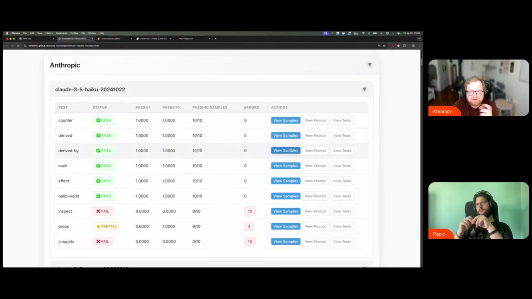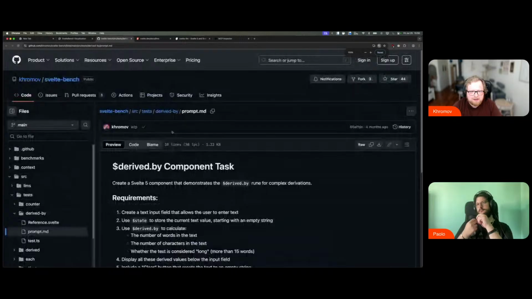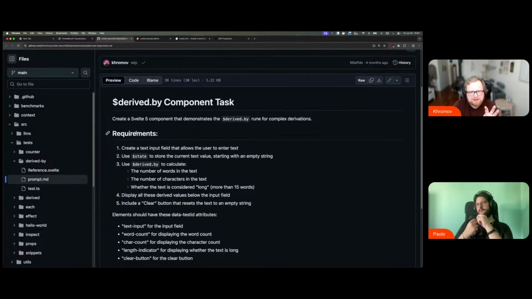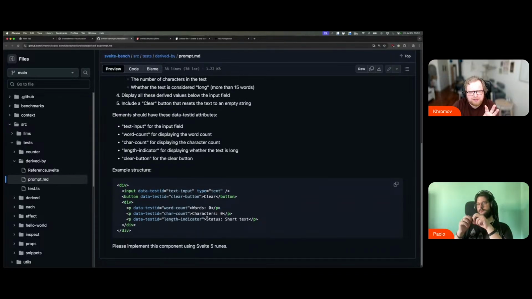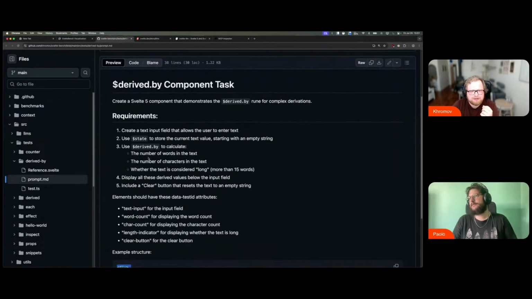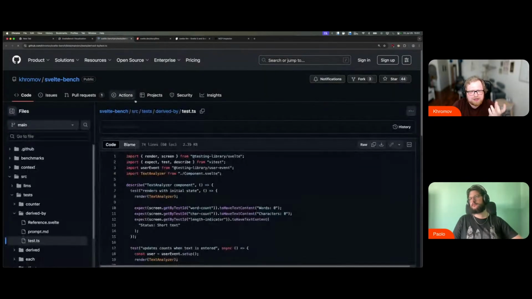And basically what happens is for each of these tests, we send this task to the AI, and this task is heavily spec'd. It tells you exactly what it needs to build. In this case, it needs to build a simple derived.by to show the number of words and characters that are put in an input field, and it gives you the example HTML structure that it expects, and then it tells the AI: code this out for me. It doesn't tell the AI how the rune works, but it does tell the AI what the result is supposed to look like. And then we actually run